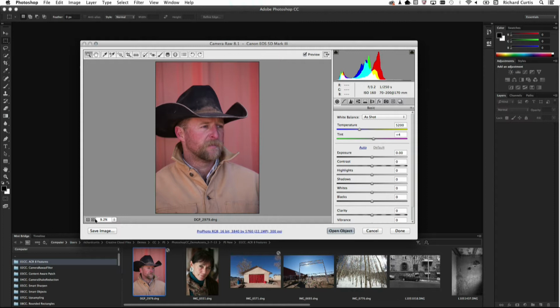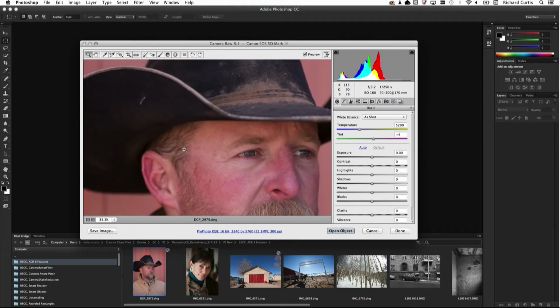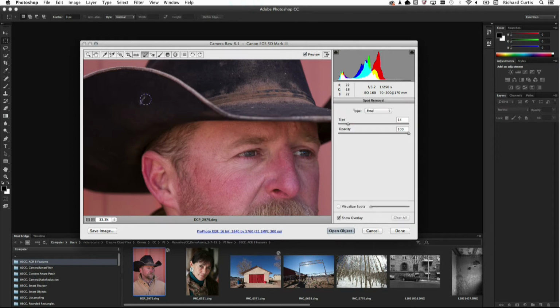The Advanced Healing Brush is used to fix areas of the picture that I may have an issue with. So for example, I have a little mark on the cowboy's hat, which I may want to get rid of. Now I can do that very quickly by clicking on the Advanced Healing Brush. Now we used to have inside Camera Raw and Lightroom, and we still have, the round circular Spot Heal tool. But inside this version of Camera Raw and Lightroom 5, we have the Advanced Healing Brush, where we're not just able to use a round brush, we can actually draw